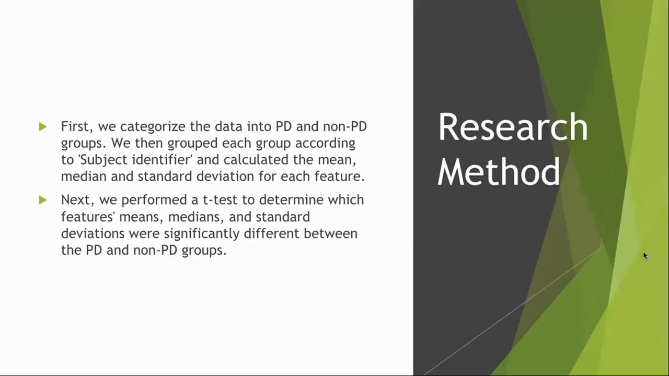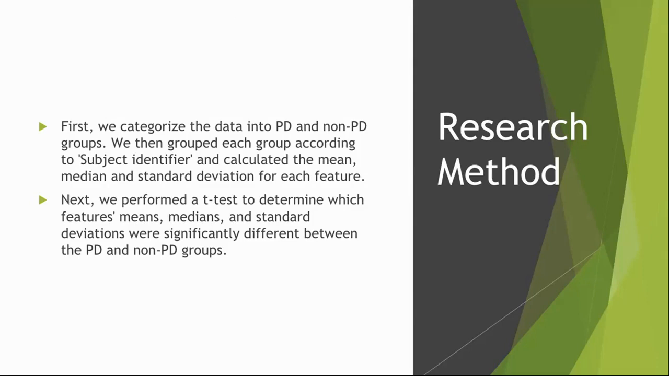Regarding the research method, first, we categorized the data into PD and non-PD groups. We then grouped each of them according to subject identifier and calculated the mean, median, and standard deviation for each feature. Next, we performed a t-test to determine which features' means, medians, and standard deviations were significantly different between the